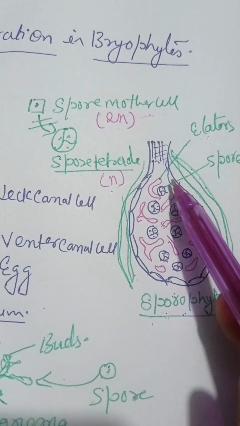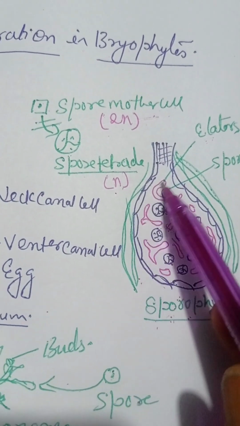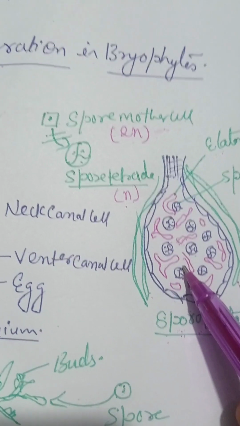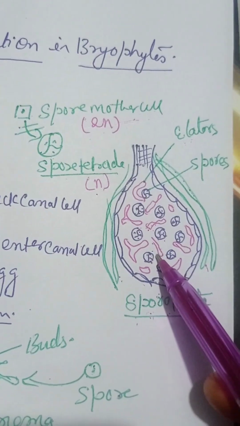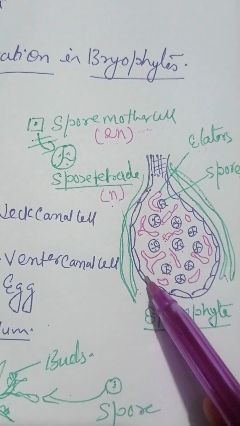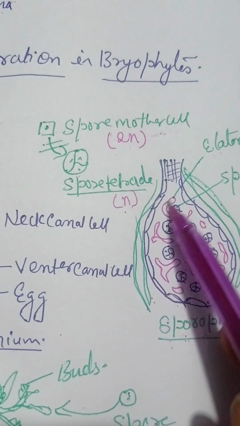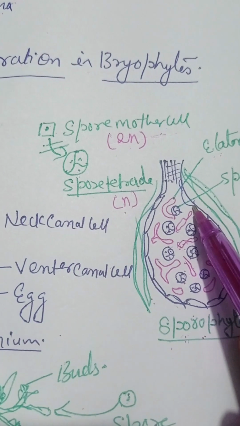So in the sporogenous mass the whole sporogenous tissue is not utilized in producing spores, but some of the tissue is utilized in forming this kind of structure, though they are non photosynthetic